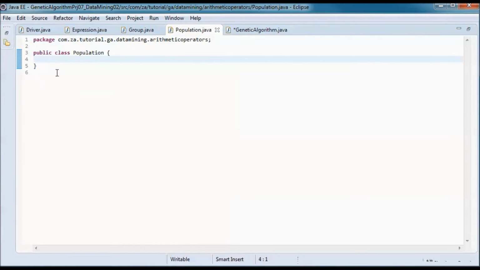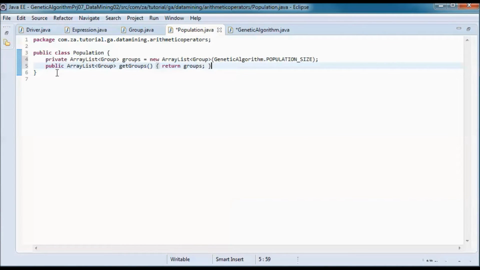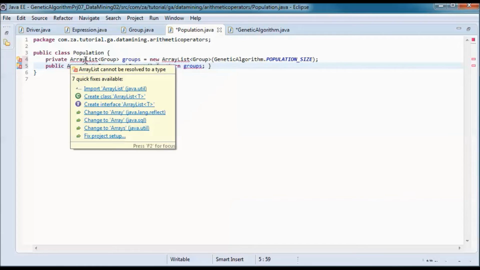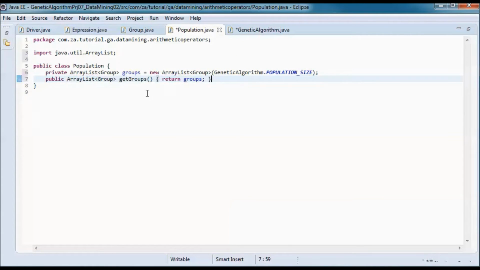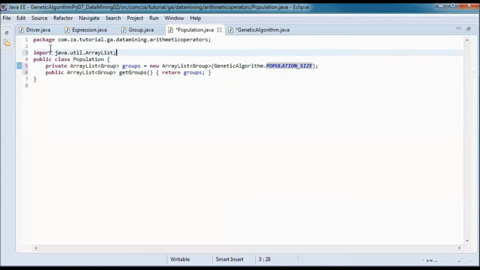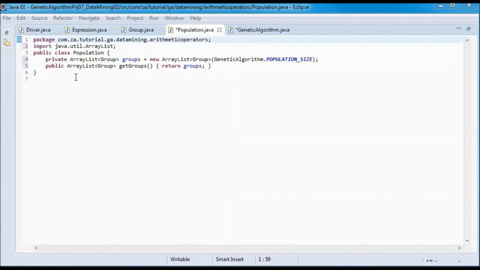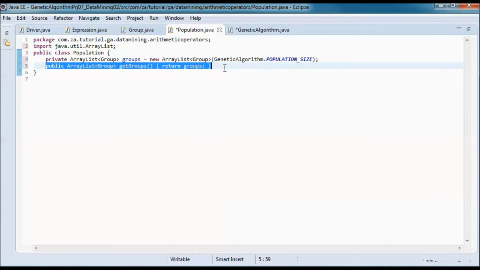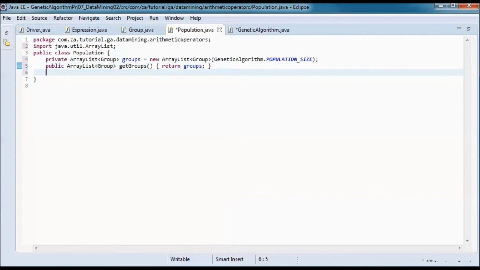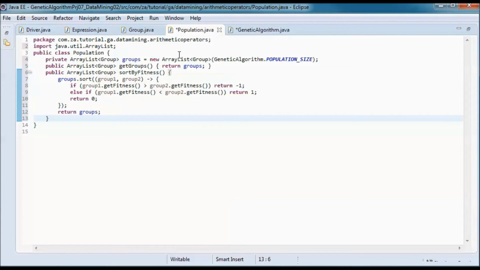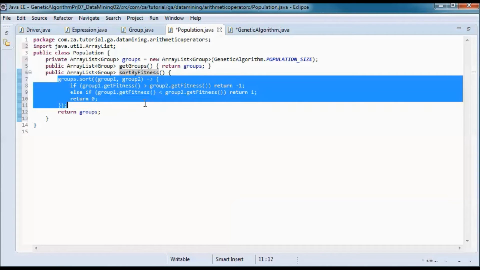Now going to the population class, we'll have an array list of groups, and the size of that array list will be the population size, and we'll have a get method that returns those groups, and a sort by fitness method that sorts groups in this array list by fitness.